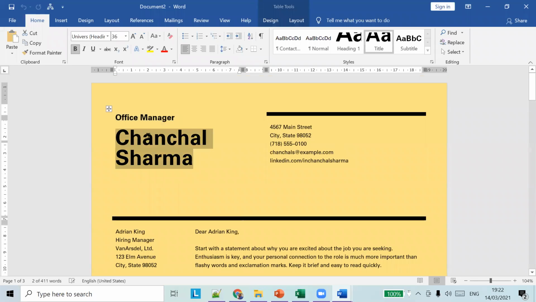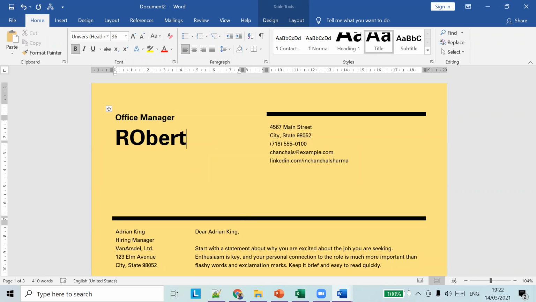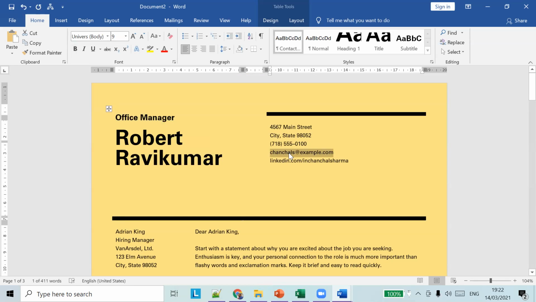Let's say my name is Robert. I can just type in these details. We don't have to write the whole document ourselves. All this font size and everything will be applied automatically, so you don't have to type in any of these details.